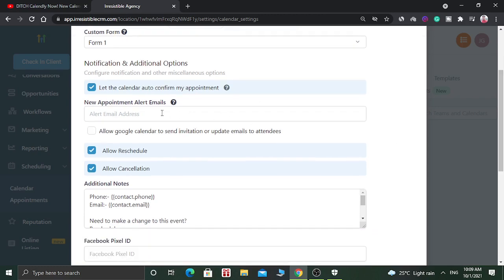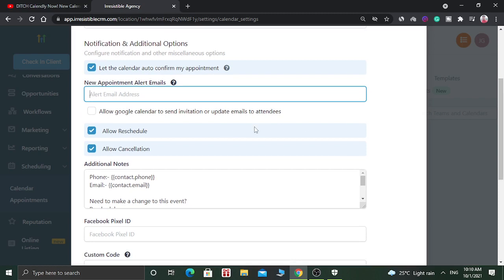And if you want to get an email notification, then you can give an email address here and you will be notified. And if for any reason you are not able to attend this appointment, then you can also reschedule it.